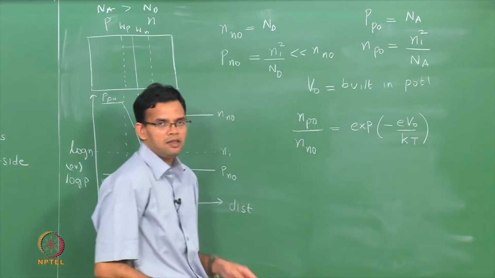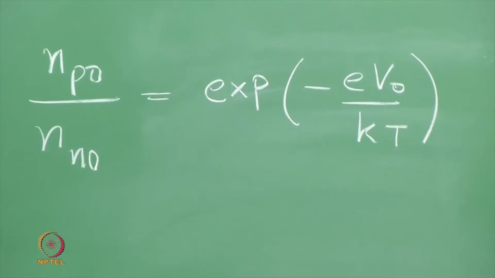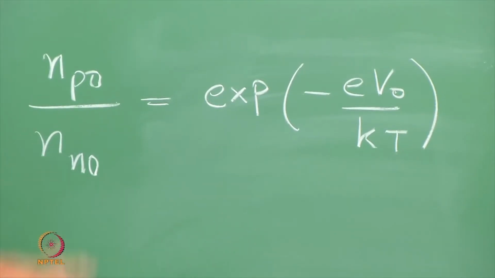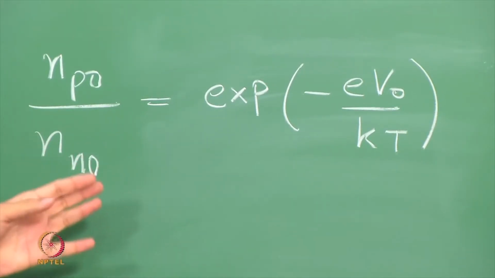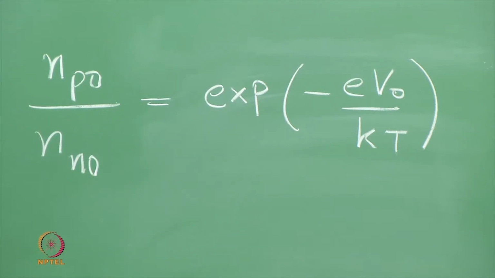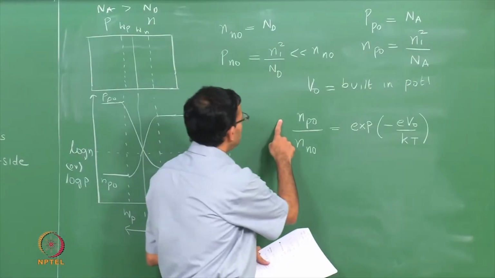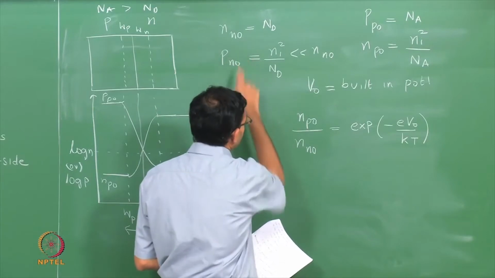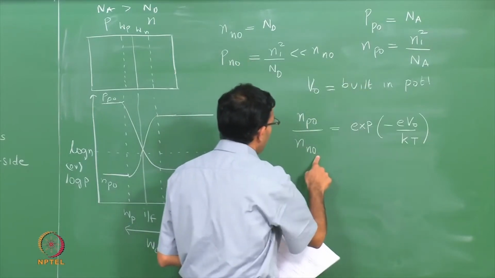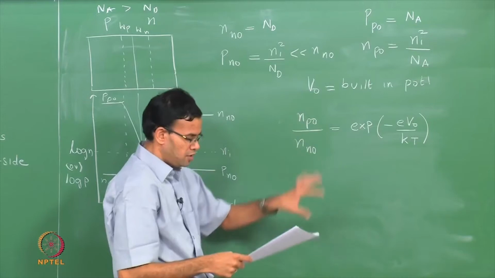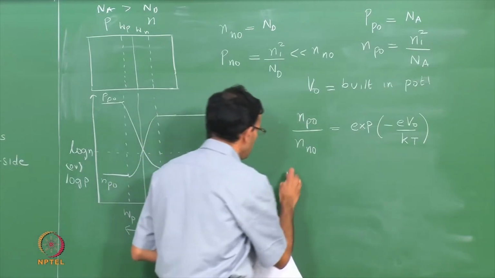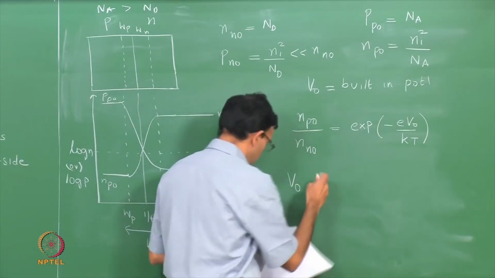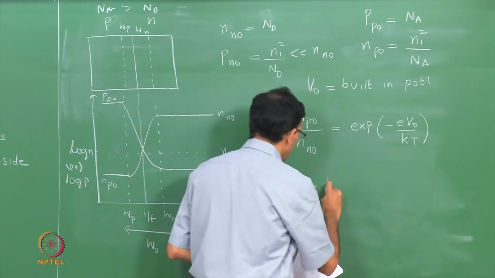So, once again V naught represents the barrier that the electrons have to overcome in order to go from the n to the p side. We can substitute these values for Np0 and Nn0 and rearrange this expression to give you your contact potential. V naught is nothing but kT